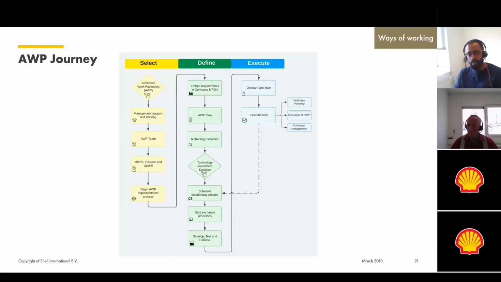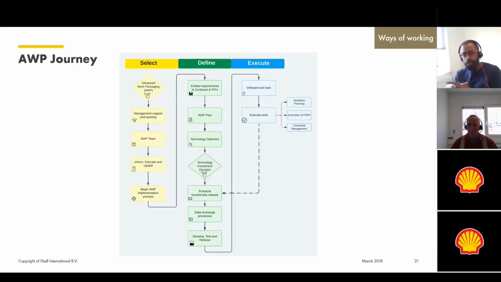And lastly, a piece which I led, identifying target authoring applications, for example P6, and working along with the business owners to figure out how these changes that we're implementing through adopting an AWP workflow will affect their systems.